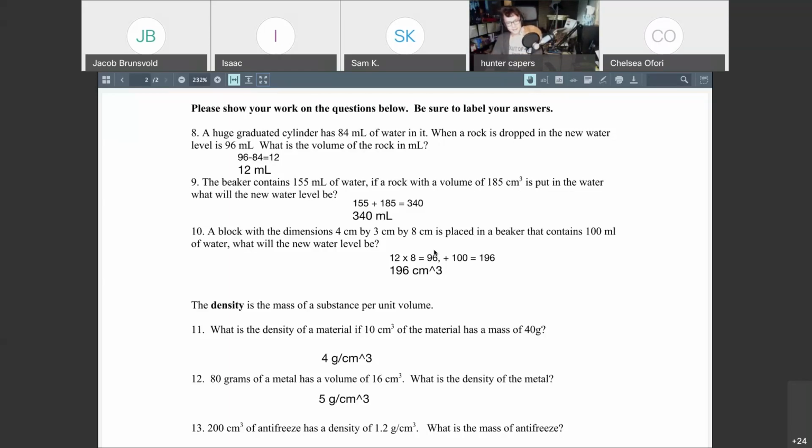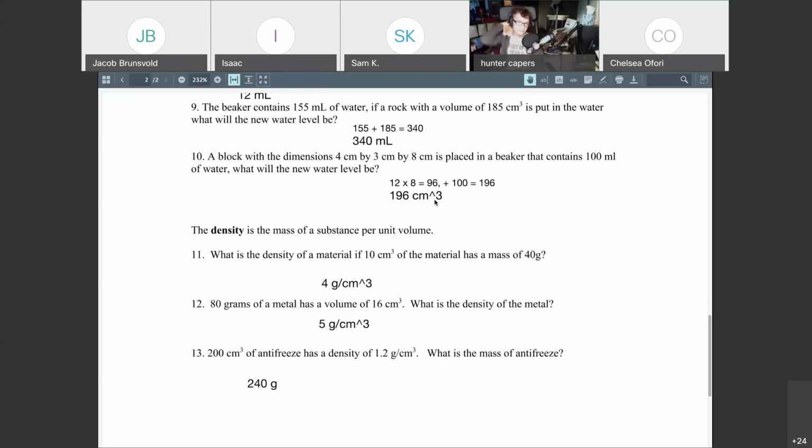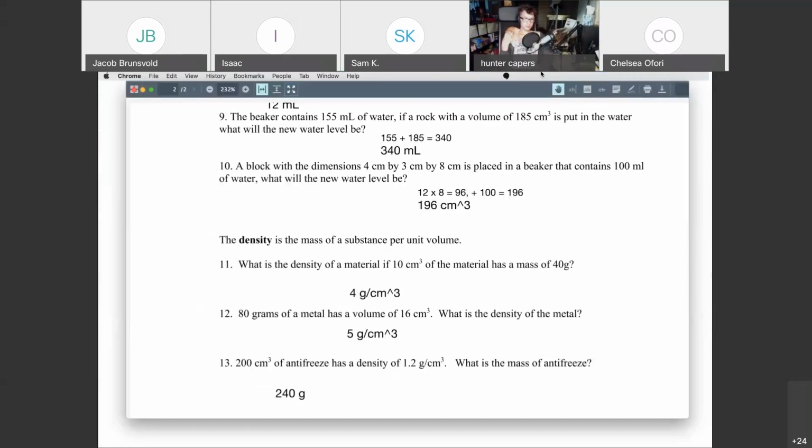Okay, but good. So then you're just adding 96 to 100, and that gets you to 196. You can either write it as centimeters cubed or milliliters. If anyone doesn't know, on Notability, it's really tough to do superscripts and subscripts. So it's really tough to do the little 3 as an exponent. And so you can always use this caret symbol that Hunter did, and that just means that it's an exponent. So that means the same thing as, just give me 1 second here,